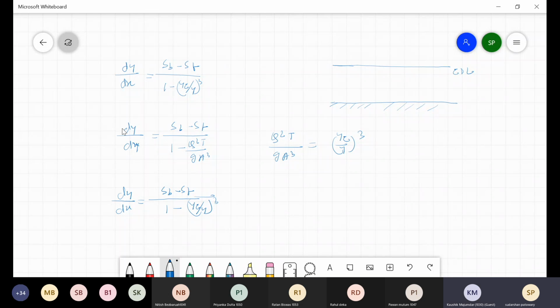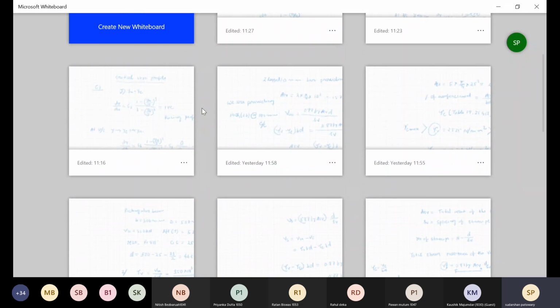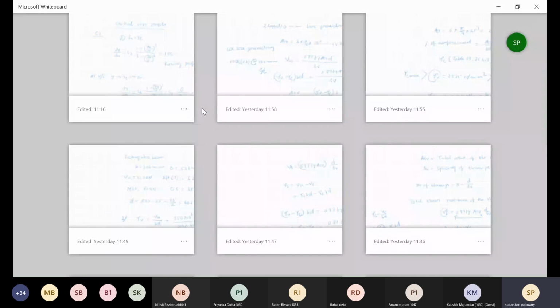Clear? Yes, sir. Sir, that was for a wide rectangular channel. In the heading it was given, Q squared T by gA cubed for wide rectangular channel. Yes, I have written why it is applicable and when it is applicable, but it is applicable in your Manning's equation. Let me clear it up. This slide is there. I have not applied the wide rectangular concept here. Q squared T by gA cubed, where have I applied it? I'll show. Let me check if that slide exists here.